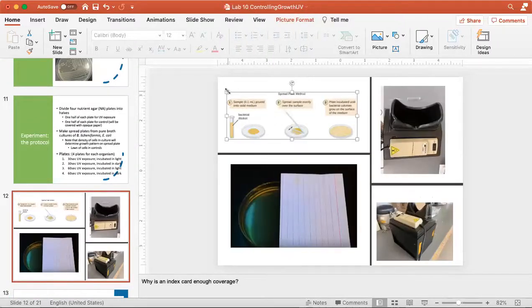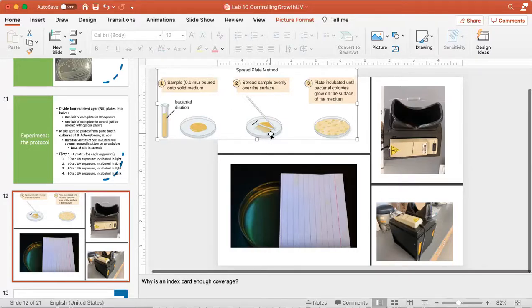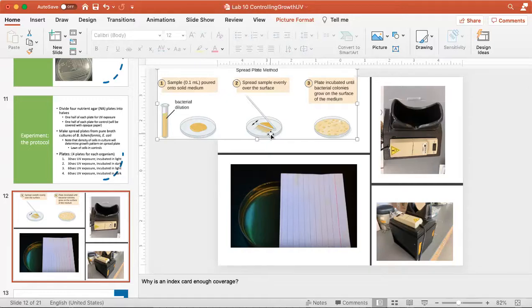Up here on the upper left, you're looking at just a drawing of this spreading process. We've seen this before. We grow up some bacterial culture. We take a small volume of that culture and put it onto the plate. Then we use a sterile hockey stick to spread those cells evenly over the plate. We know that this is a culture that has lots and lots and lots of cells in it because we can see that by how cloudy or opaque the culture is. So we would expect that if we took this plate and we put it in the incubator, we'd get a lawn of growth.